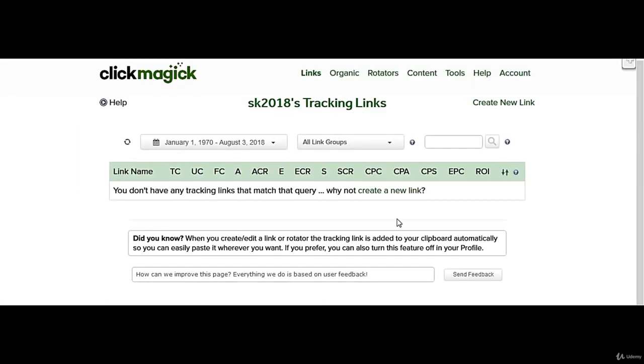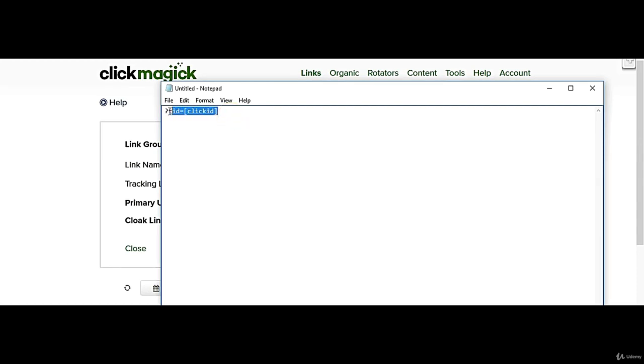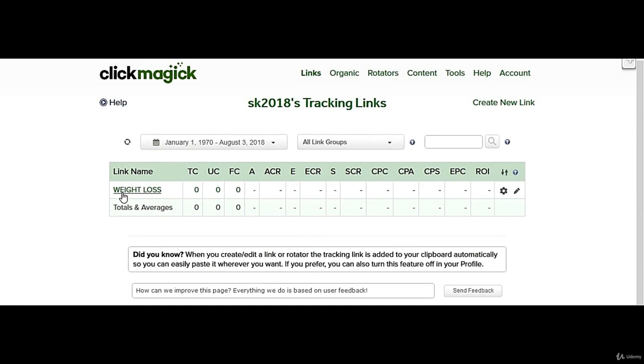I come to ClickMagick, create new link, name, weight loss, or you can put the product name here. Tracking link, weight loss 01. Primary URL, the affiliate link we just created in ClickBank, and we have to add this ID at the end of this for tracking, right? So now the link is created.